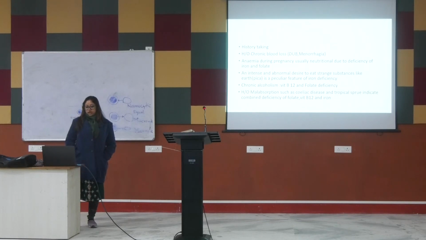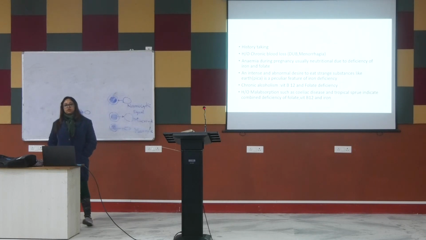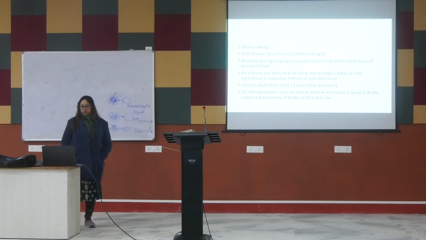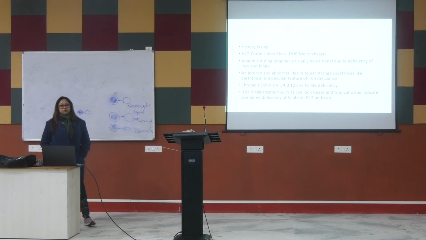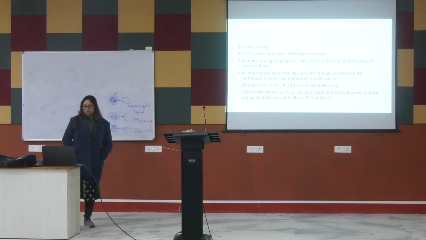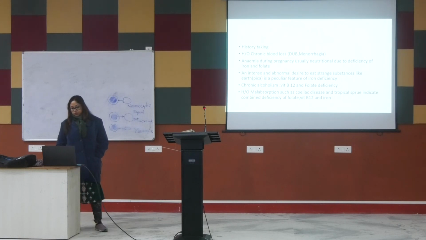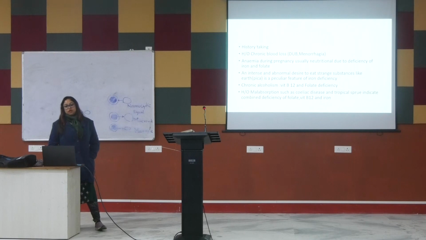আর একটা জিনিস জানতে হয়, ক্রনিক অ্যালকোহলিজম আছে কিনা। ক্রনিক অ্যালকোহলিজম মে কজ ভিটামিন B12 অ্যান্ড ফোলেট ডেফিসিয়েন্সি। History of malabsorption syndrome such as celiac disease and tropical sprue causes combined deficiency of folate, vitamin B12 and iron. কারণ malabsorption হচ্ছে এটা ইন্টেস্টিন থেকে এই নিউট্রিয়েন্টস গুলো অ্যাবজর্বেশনই হচ্ছে না। অ্যাবজর্পশন যদি না হয় তাহলে সেটা একটা সময় গিয়ে কিন্তু ডেফিসিয়েন্সি অ্যানিমিয়া হিসাবে প্রেজেন্ট করবে। কাজেই আমাদেরকে জানতে হবে there is any history of malabsorption syndrome like celiac disease, tropical sprue etc. কিছু আছে কিনা।